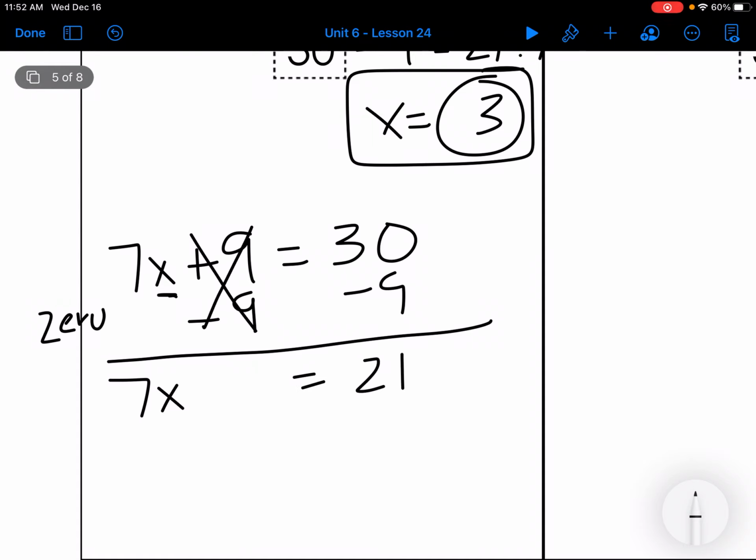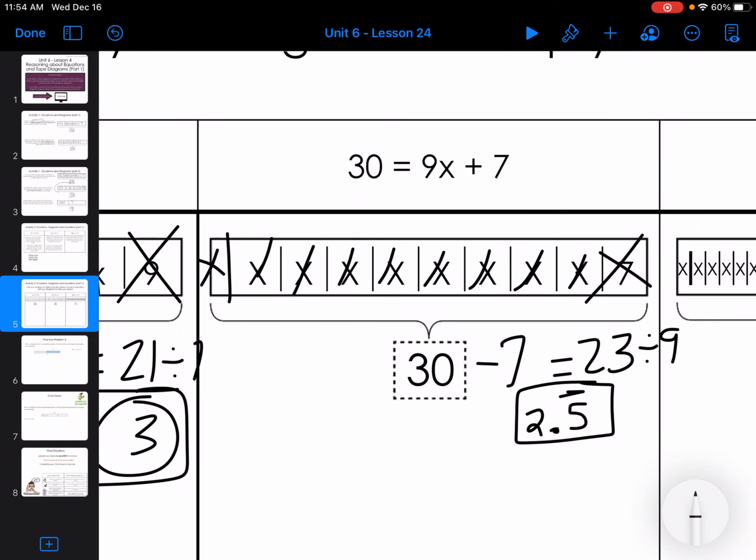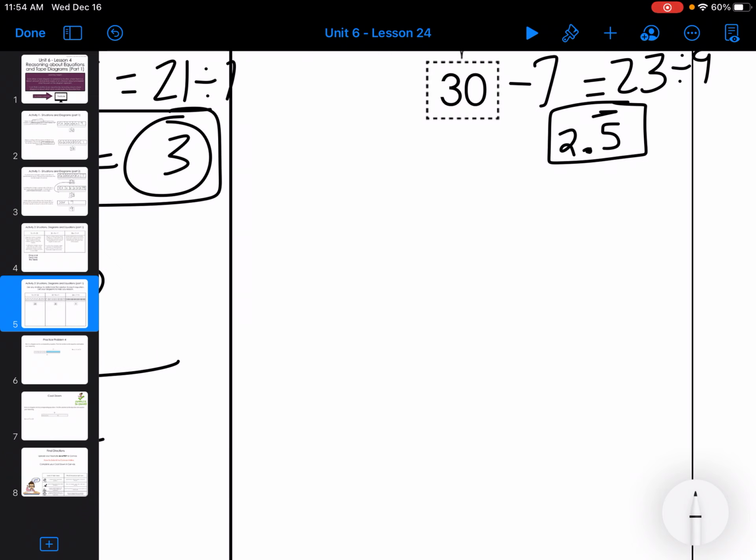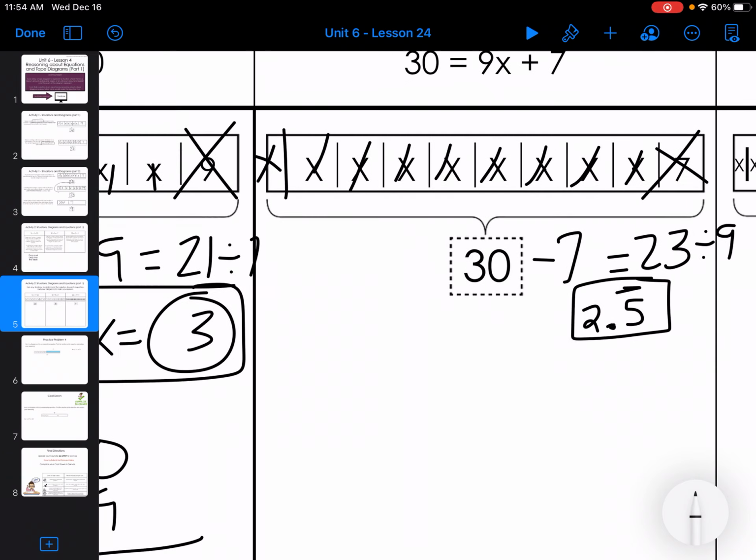So I can work this out with long division if I wanted to, but I'd rather use my calculator because it's faster. 23 divided by 9 is going to give me a crazy number. So I get 2.5, and I'm going to round it to 6. Or I could say 2.5 repeating. So each x is about 2.5. Okay? Or I could solve it traditionally where I've got my 30